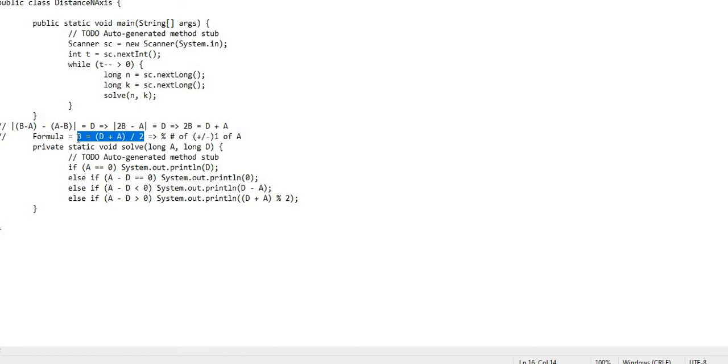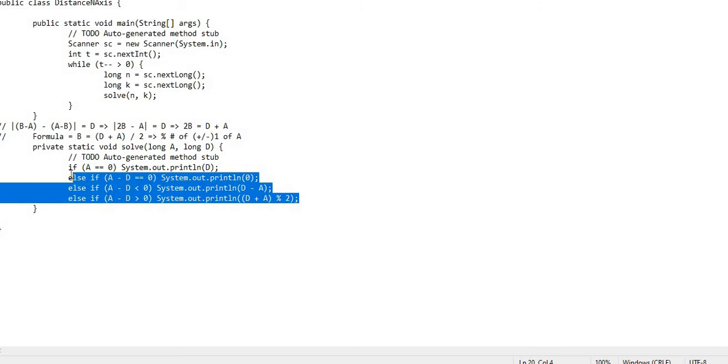So this gives us the position for the B, but the actual output needs the number of attempts of plus or minus 1 on A, which is the final result set. So once we define the value for the B, then we can get the difference over here. For example, let's take some test cases which give us the result set when we put these values inside this solve function.